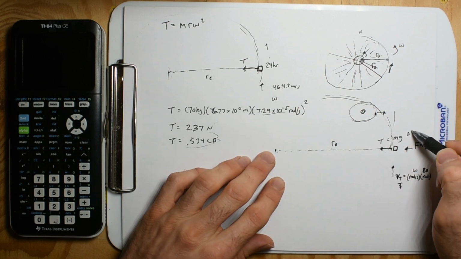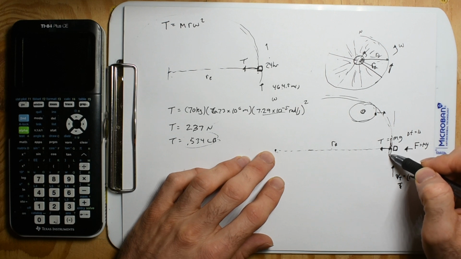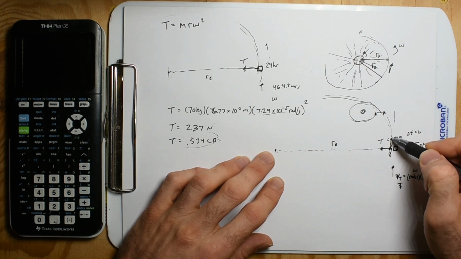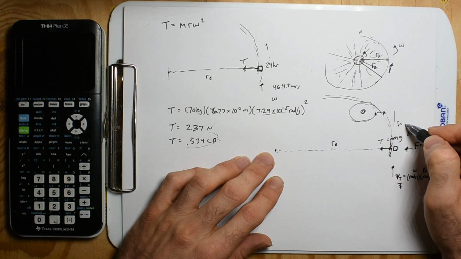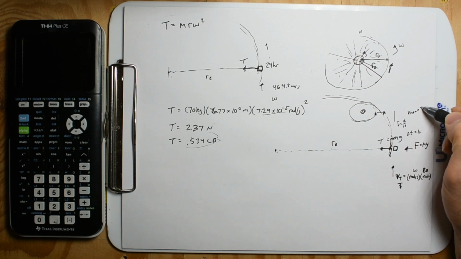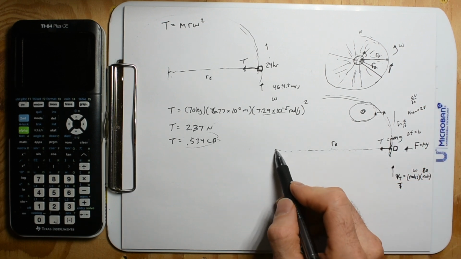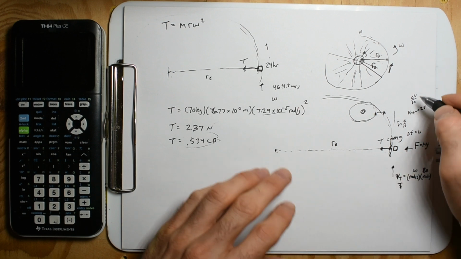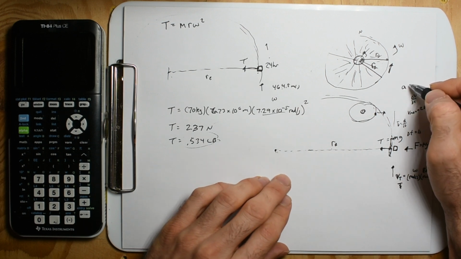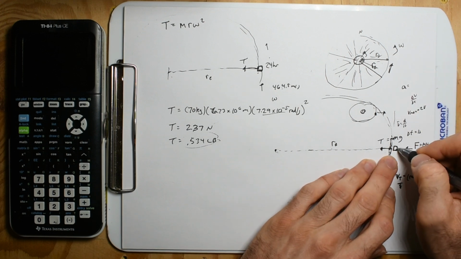Taking a small chunk of change in time of 1 second, and then finding that d, and then knowing that we have a velocity average of that d divided by that 1 second, and then we know that we have a velocity max of just 2 times that velocity average, and that's going to be our change in velocity. Then with a change in time of 1 second, that's going to be our acceleration towards the center. And what we're going to find is that acceleration towards the center is going to equal our